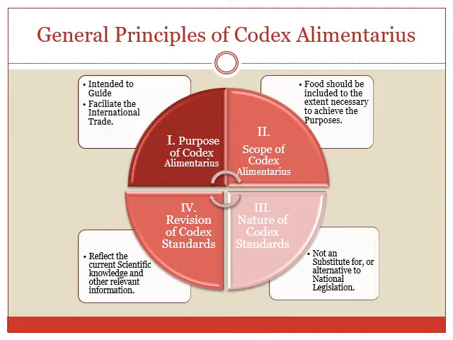The second one is the scope of Codex Alimentarius. The scope includes standards for all the principal foods, whether processed, semi-processed or raw, for distribution to the consumer. Material for further processing into foods should be included to the extent necessary to achieve the purposes. It includes provisions in respect of food hygiene, food additives, residues of pesticides and veterinary drugs, contaminants, labeling, methods of analysis and sampling, import and export inspection and certification, etc.